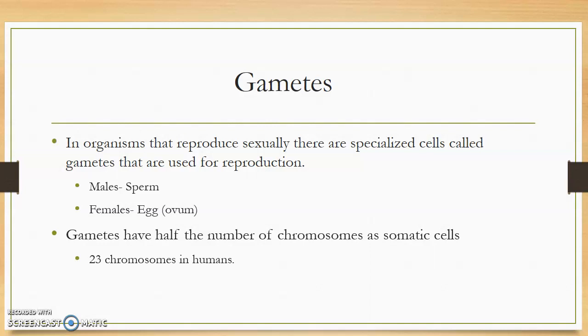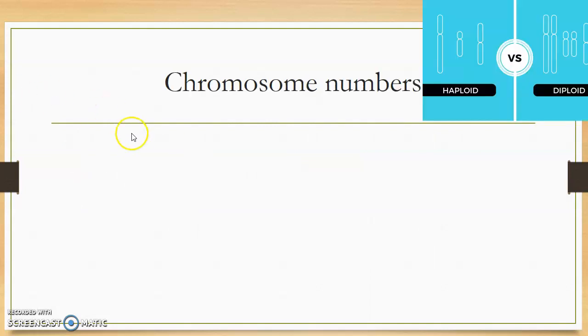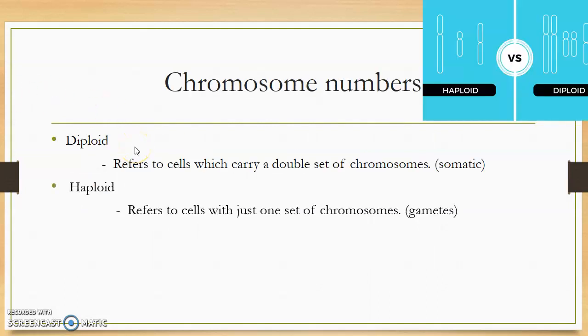So in order to make this whole thing work, nature had to come up with a way to get that number down. So meiosis is what we have, right? And in meiosis, you end up with half the number of chromosomes that you do in a somatic cell. So in humans, that's going to be 23. We need to go through some terminology. And the first little bit here we're going to talk about is something called a haploid versus a diploid cell.